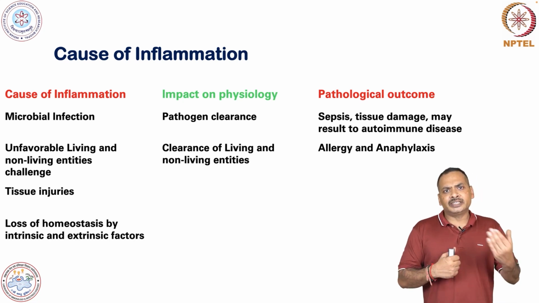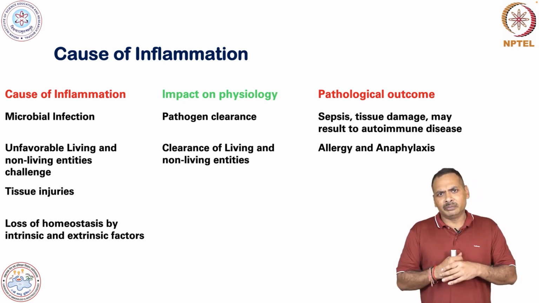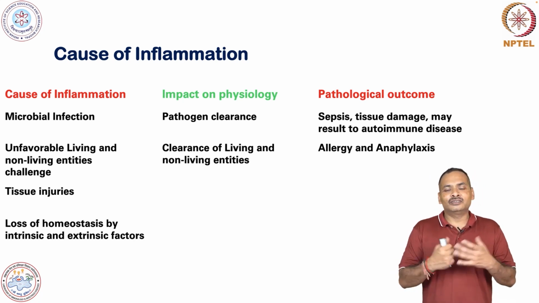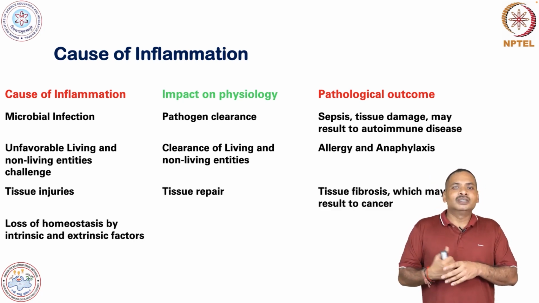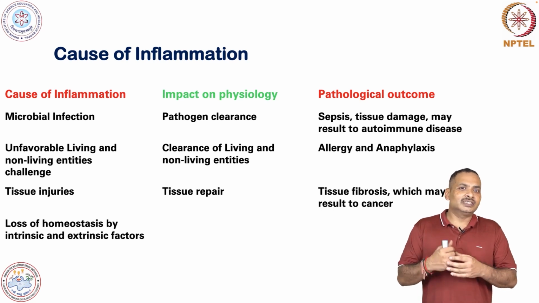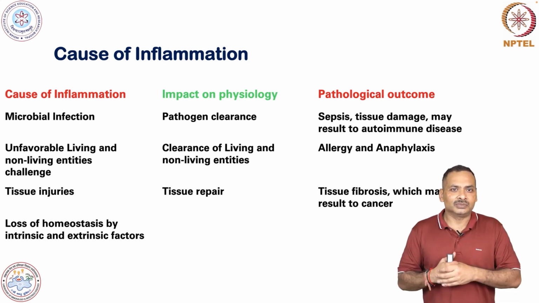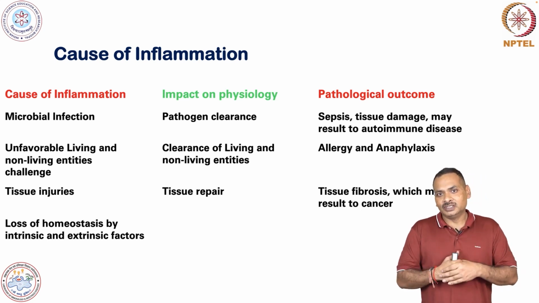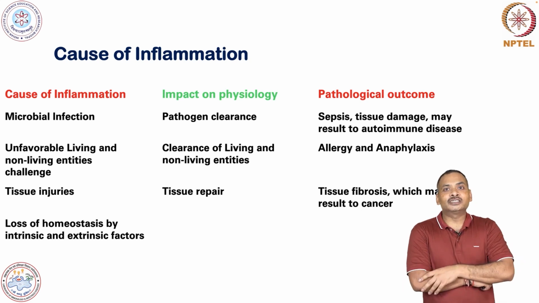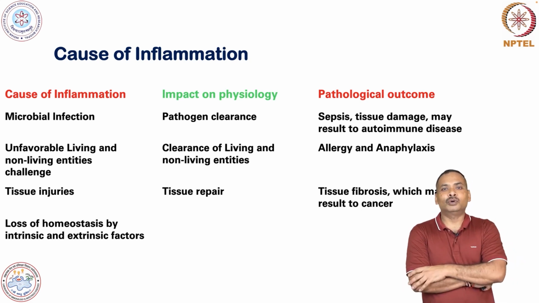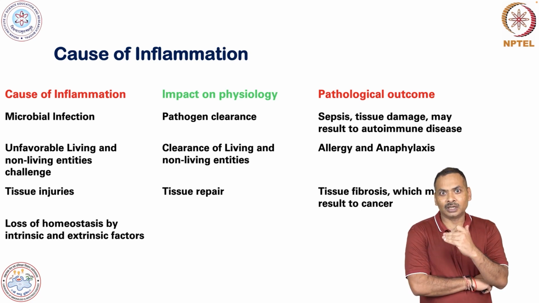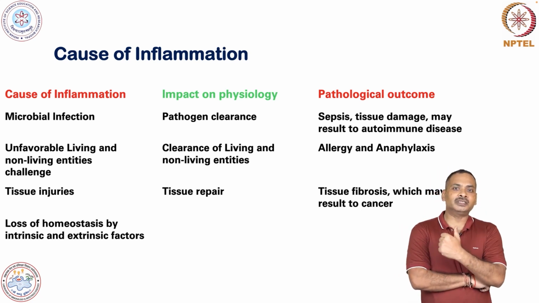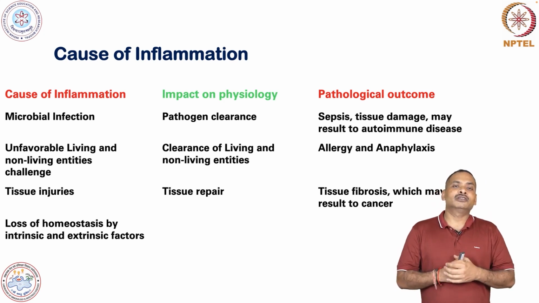And tissue damage. It's not only a cut. For example, if you have some dental problem, sometimes after eating you will feel pain in your gums. So that is also a kind of tissue injury. Tissue injury is one very important cause of inflammation, and the impact on physiology will be the tissue repair, and the pathological thing will be the